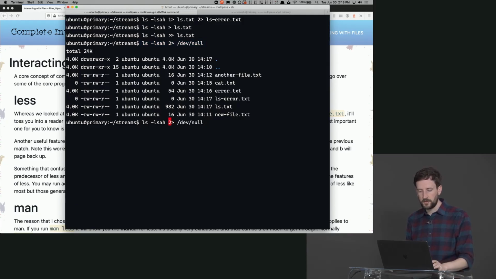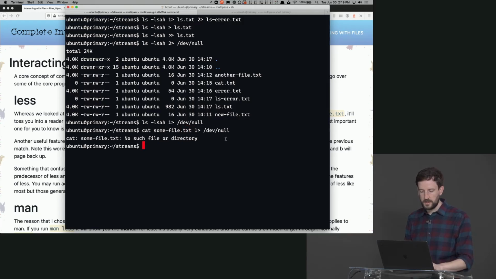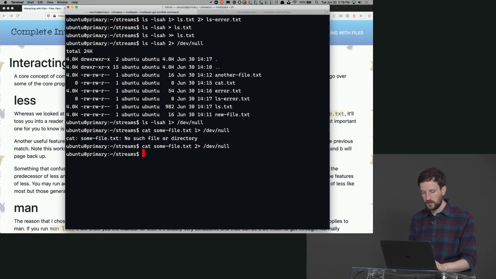And by the same token, if I want to run a program and I don't care about the output and I just want to know if there were any errors, same thing here. I can redirect standard out to /dev/null, and only errors will show up here. So let's say I did cat some file.txt, I did see the error here, and that's how I know an error happened. But same thing here, if I change this to 2, I'm just not going to see anything because it's going to ignore all the errors. So that's what /dev/null is for. /dev/null is specifically for, I don't care about whatever is going into here.